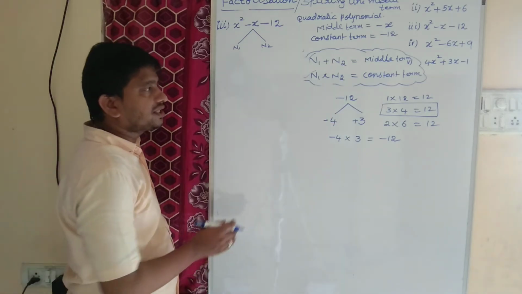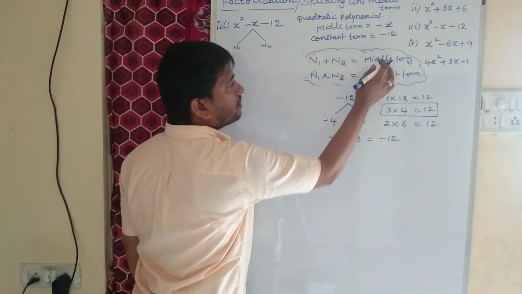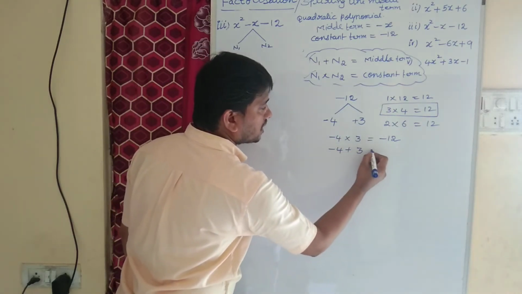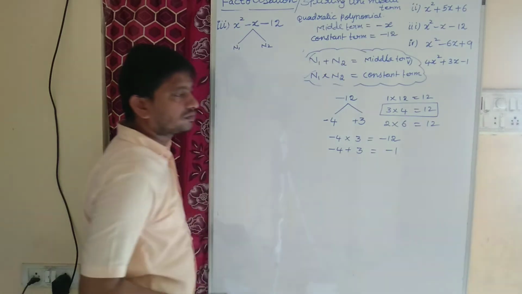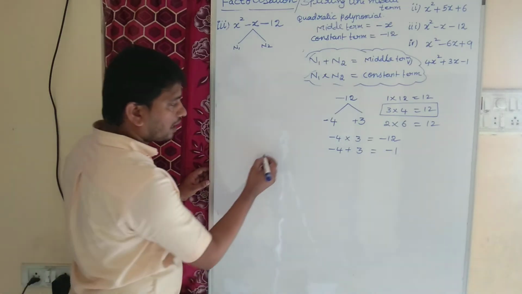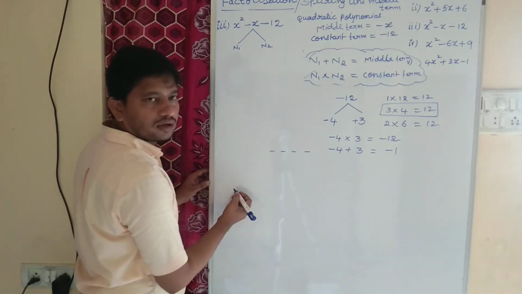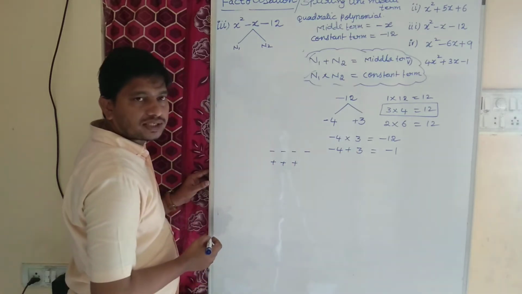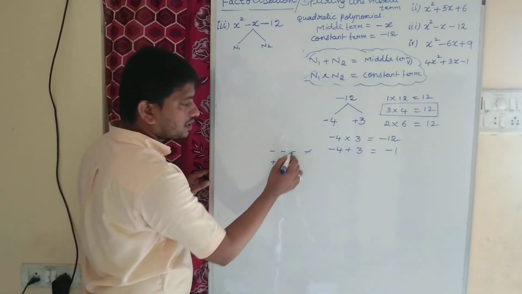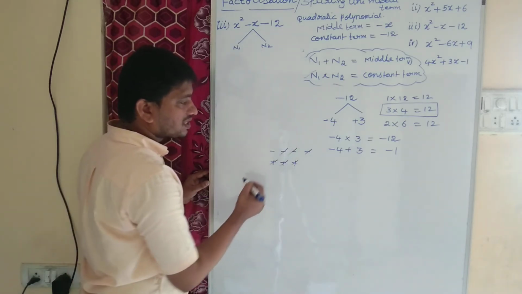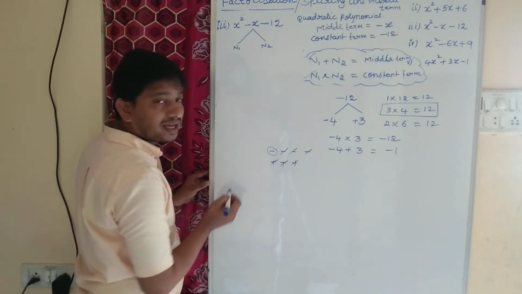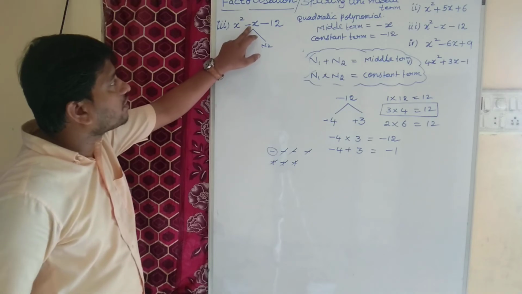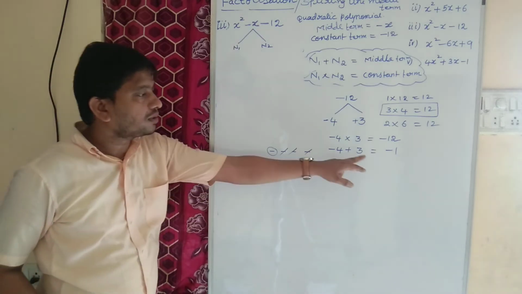Now the first condition is that the sum of two numbers must be the middle term. Let us add these two numbers. Minus 4 plus 3 is equal to how much, children? We have 4 minuses and we have here plus 3, 1, 2, 3, 3 pluses. Minus plus gets cancelled, minus plus gets cancelled, minus plus gets cancelled. How many minuses are left? Only one minus. So the answer is minus 1. So actually we want minus 1x only. Yes, we got minus 1.